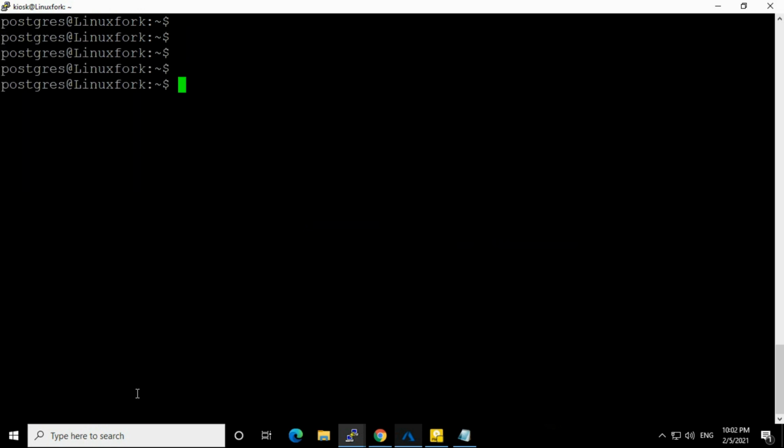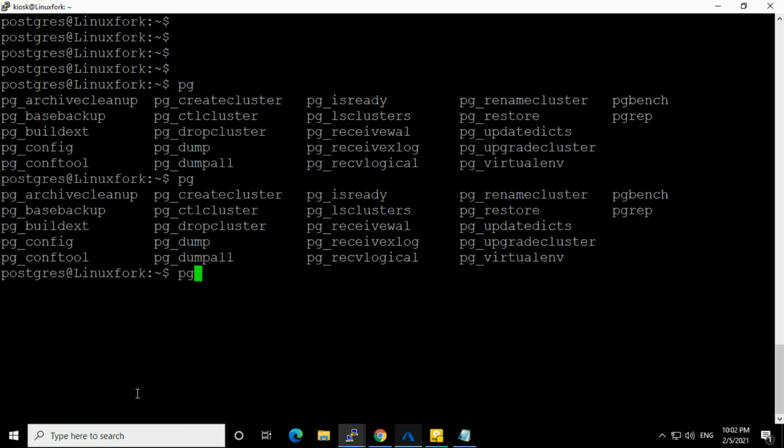Now how we can take the backup? For taking the backup, there is one command called pg_dump. Here I am going to use pg_dumpall and redirect. Whatever path you want to give, you just give here.